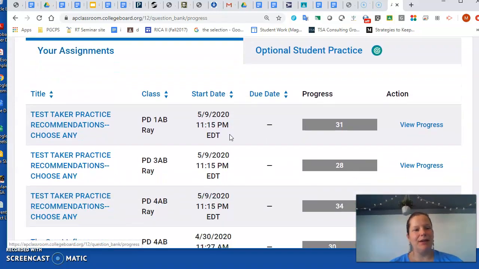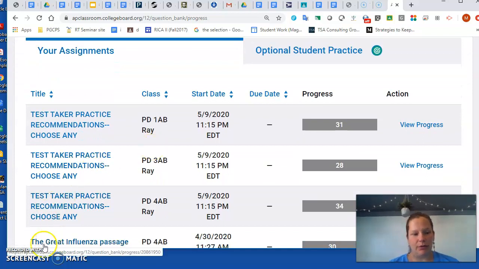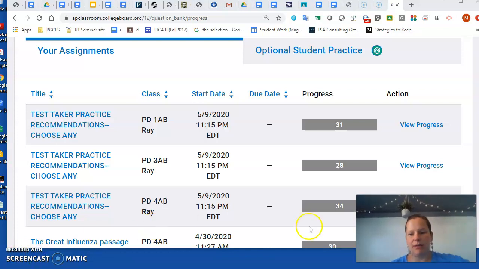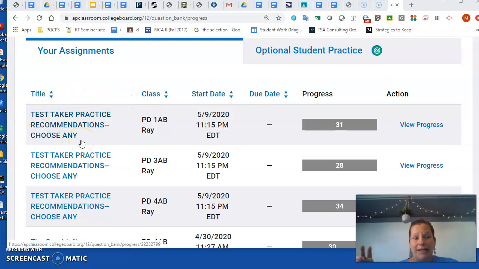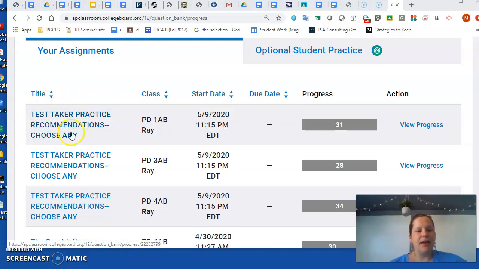Okay, you guys will see this right away when you log in under your assignments. So it's going to be different for you. I don't think you're going to have to do as many clicks as I just did. And I think I turned off my camera for a moment, just to make sure I'm not blocking any of the page. I have created what they call a quiz, and it has a number of recommended passages. This is the same for each class. If you click into this,